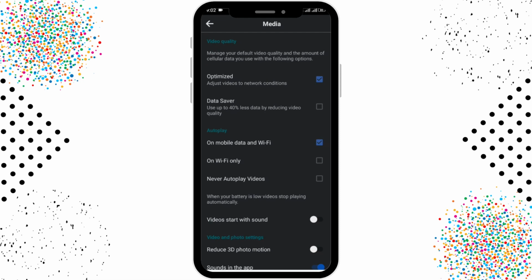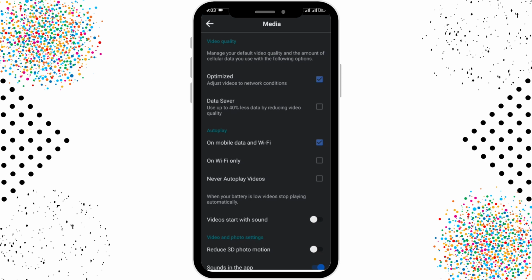So in Facebook, the only way to upload a good quality video is by managing your video quality or turning on this data saver. So if you turn off this data saver, then high quality video will be uploaded on your Facebook. So you can turn off this, but there is still another way to upload high quality photo and video. But for that, you need to open up your Facebook account or you have to log into your account